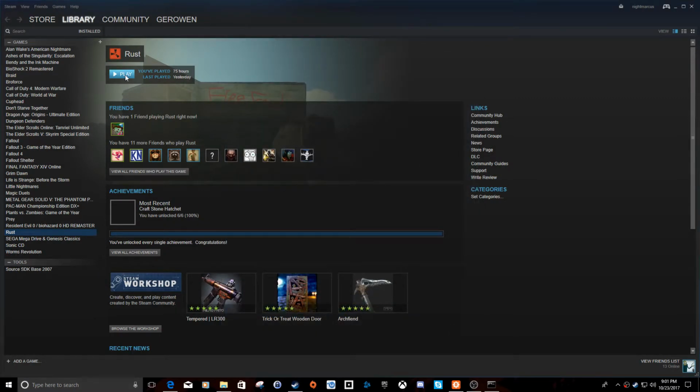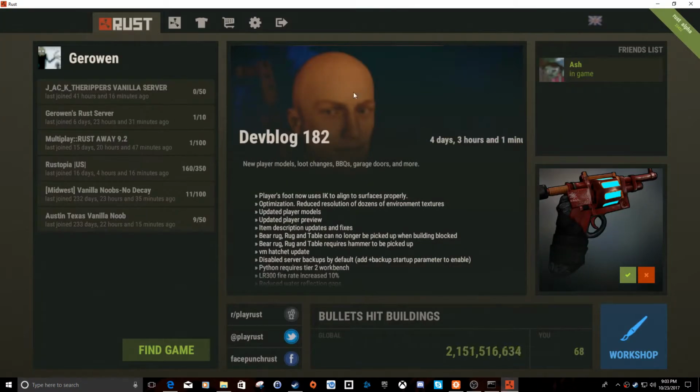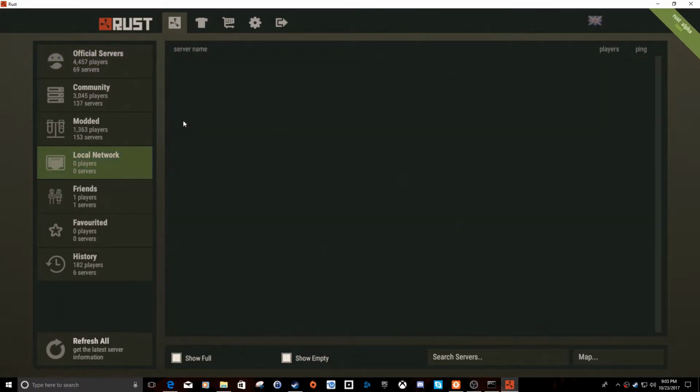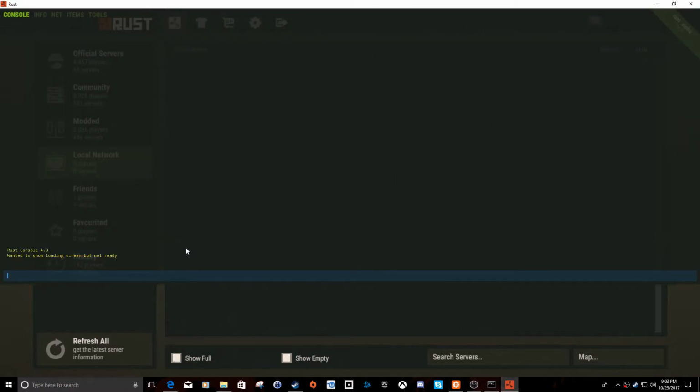And let's go ahead and launch Rust. Alright, so Rust is up and going. So we're going to go ahead and click play game. And the first place I'm going to check is local network, and it's not here. Sometimes it doesn't show up. So what we're going to do is press the F1 key on our keyboard, and we're going to run